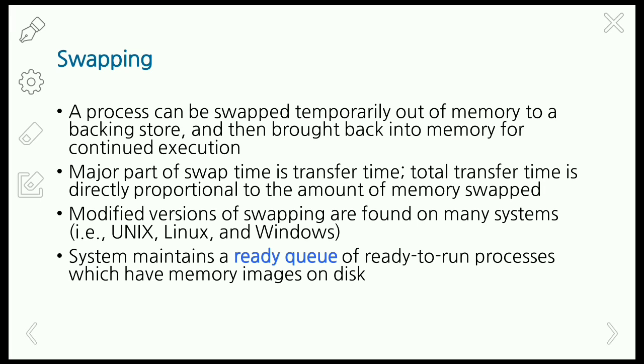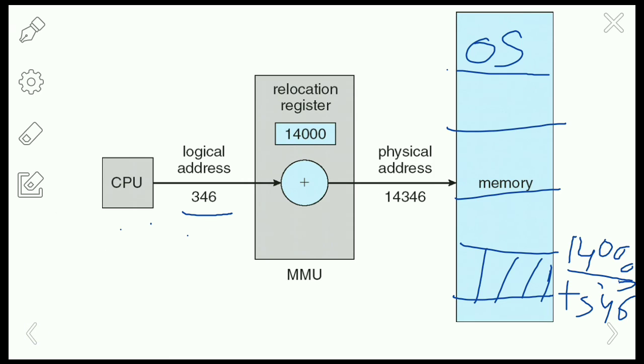And the next topic is swapping. Before going to swapping, let us also understand the logical address and physical address. Logical address means it is generated by the CPU, and it will be dynamic. That means it will keep on changing, and it accesses the logical address directly. A user can view the logical address, and the set of logical addresses of a program is called the logical address space.